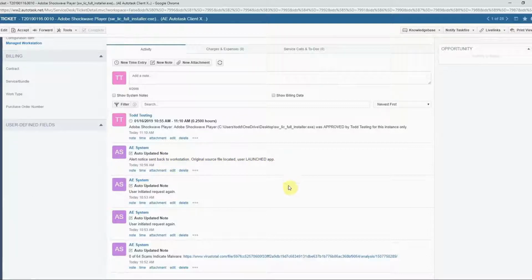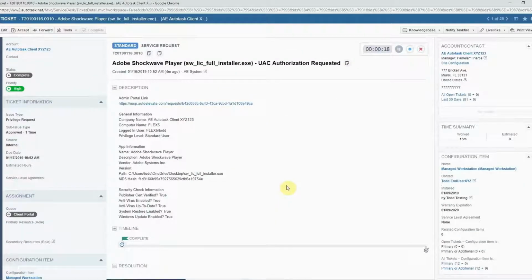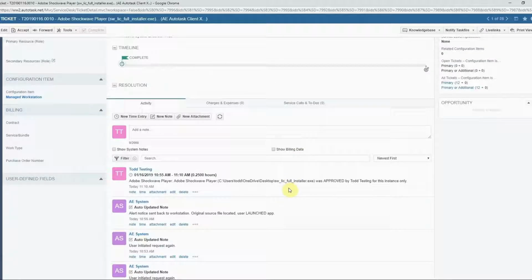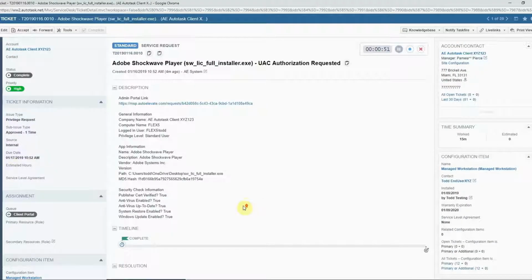So from a start to finish view, we can see everything that happened in this instance, which is the user, what they were requesting on what machine for what company, the configuration, the machine that was added, the company, then that they hit it a number of times, the security disposition information and summary from VirusTotal, and then the response that I approved at one time, and that the notice was sent back, the file was there, and it